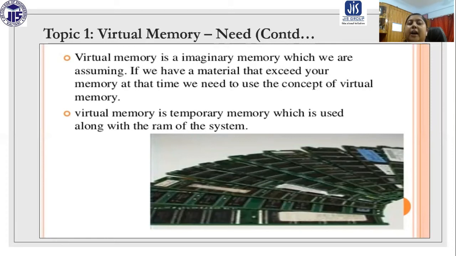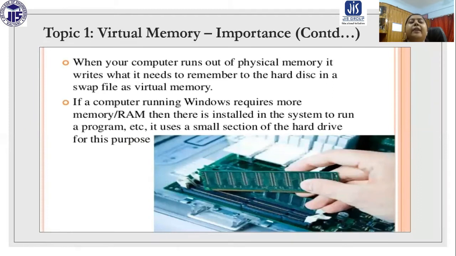If we have material that exceeds your memory, at that time we need to use the concept of virtual memory. It is a temporary memory which is used along with the RAM of the system. When your computer runs out of physical memory, it writes what it needs to remember to the hard disk in a swap file as virtual memory.